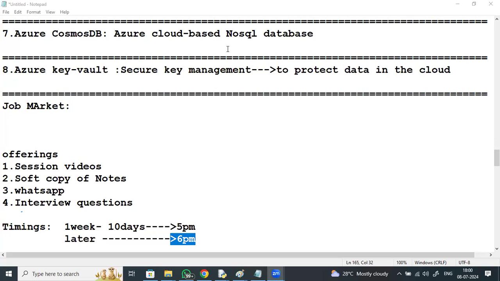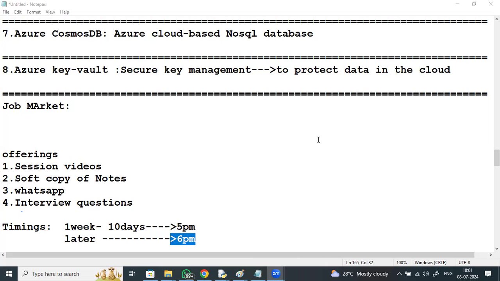Yes, some other query was asked: is it possible to move between data engineering and data science? Transitions do occur frequently. Professionals frequently switch between data engineering and data science. The primary role of a data engineer is designing, constructing, and maintaining data pipelines to ensure reliable data flow from source to destination. Data scientists, on the other hand, extract insights and build predictive models to solve problems.